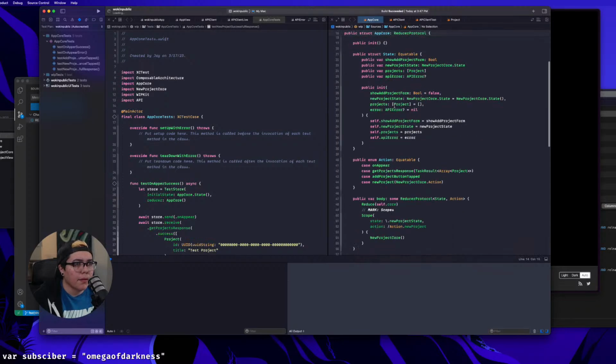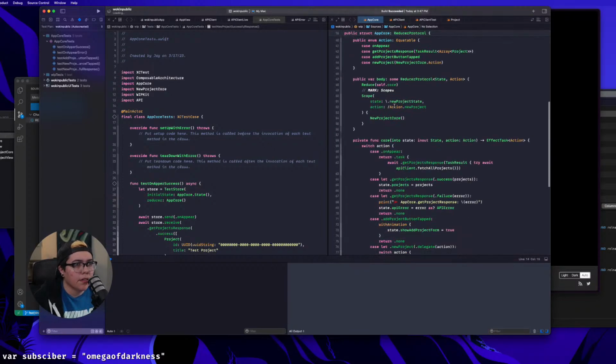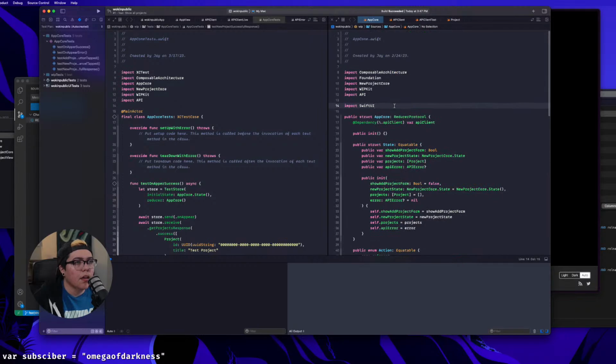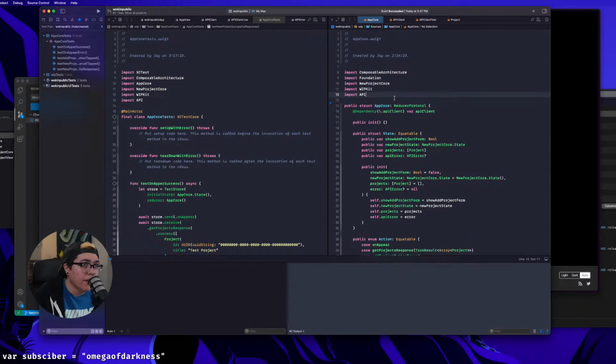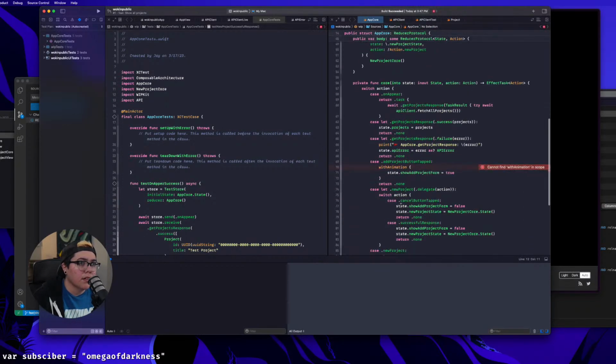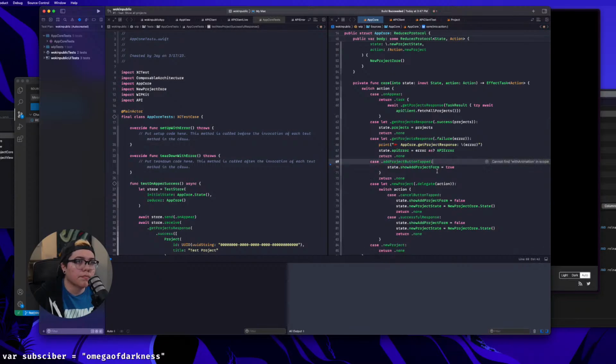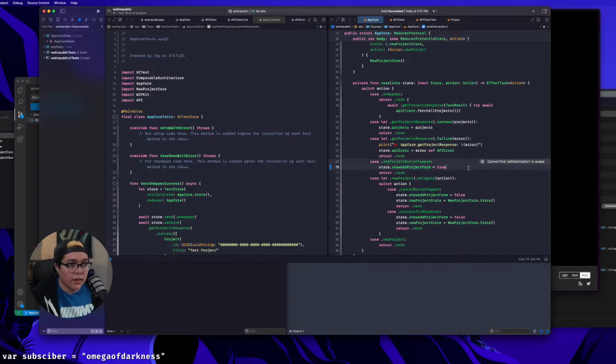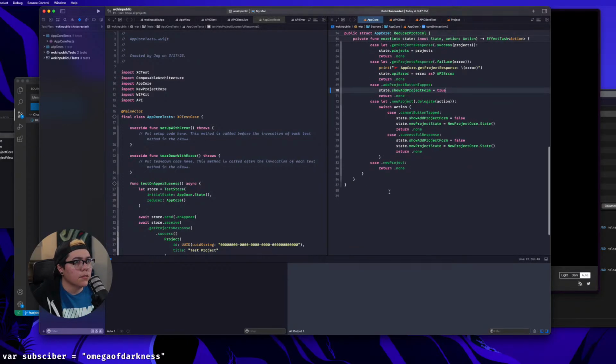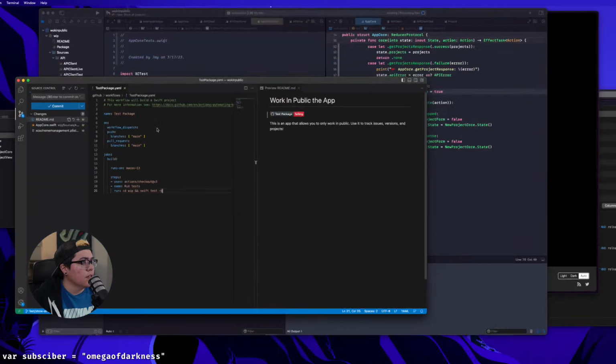I import SwiftUI, but why do I import SwiftUI? Is there a reason? Oh, for the withAnimation, which I don't even need anymore because it's a sheet. Control I. So this removes the withAnimation. So let's do a